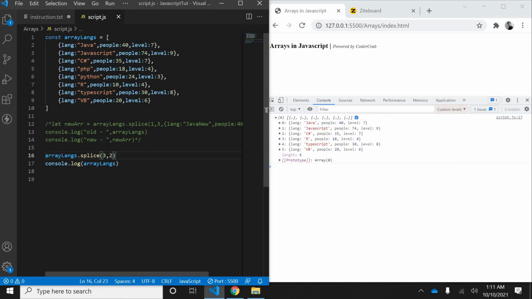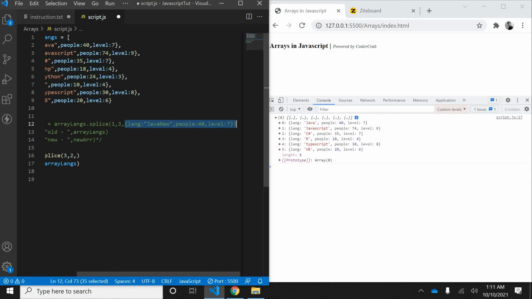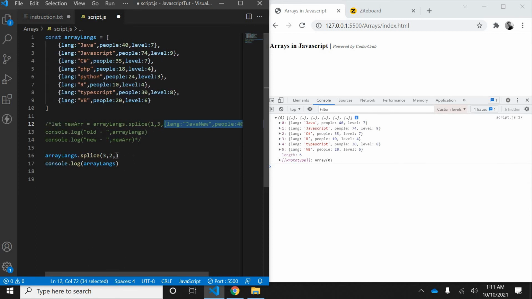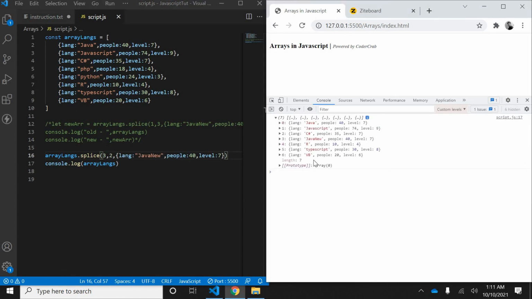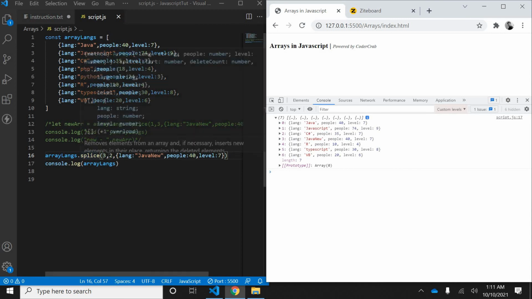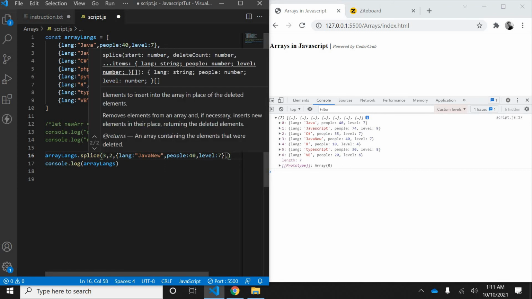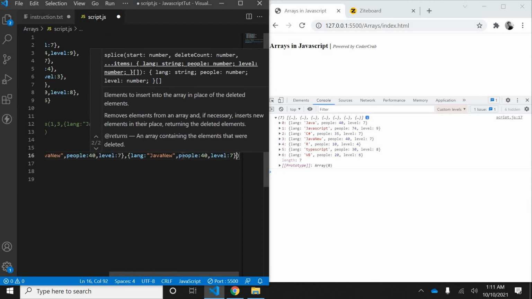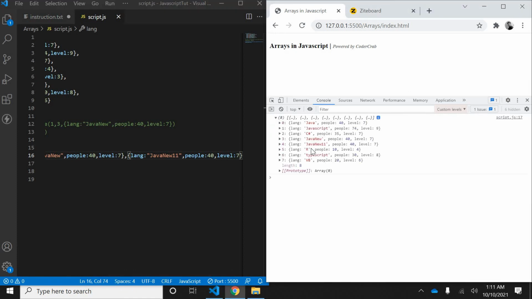if you want to splice these two and you want to add a new array, right? So this is a new array which I want to add after removing. So let's do that. You can see it is 7 again, right? So which one is added? The Java new is added in the place of this one. So if you want to add more, add one more and new 1, then you will see it is again inserting after that, right?